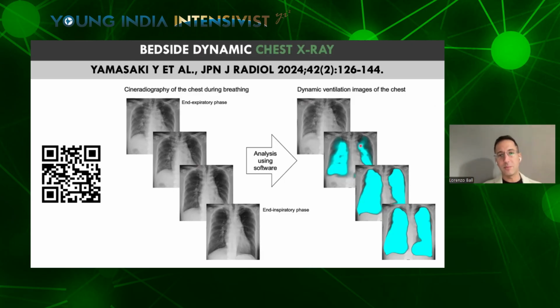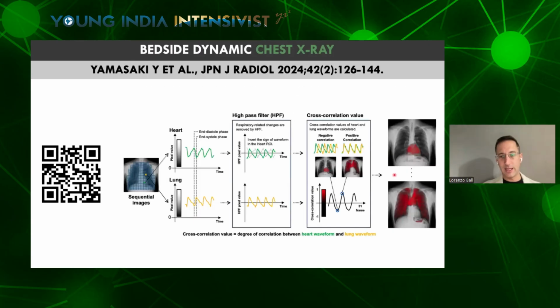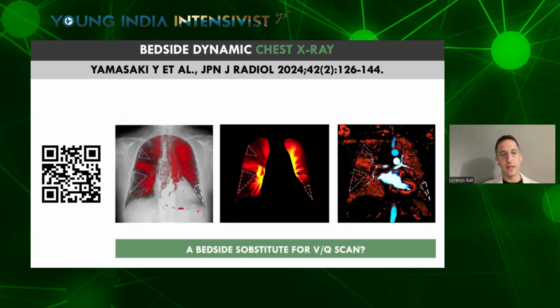So with some computer-based complex analysis, we can extract perfusion and ventilation images of the lung, and in the end obtain what we wanted, a map of the distribution of ventilation and perfusion. You see here an example of pulmonary embolism in which this non-contrasted chest X-ray allowed us to estimate the presence of 3 regions of the lung in which there was ventilation but not perfusion, and so probably due to pulmonary embolism involving 3 branches of the pulmonary artery.